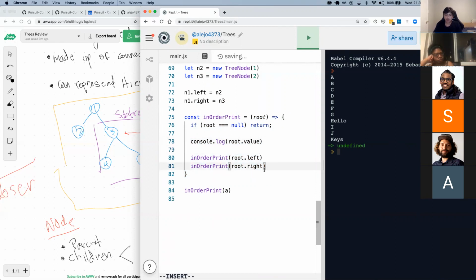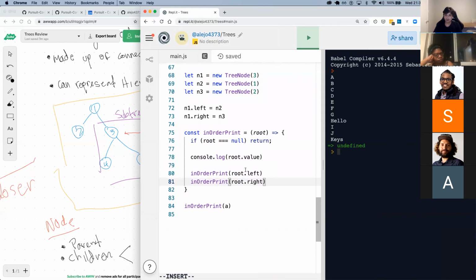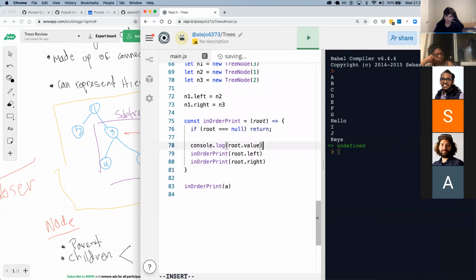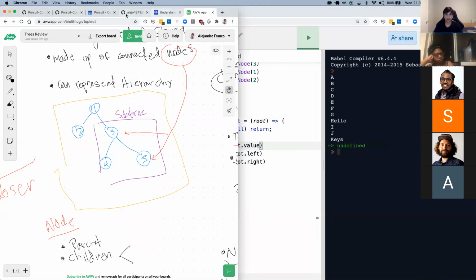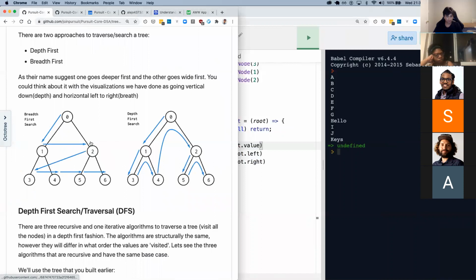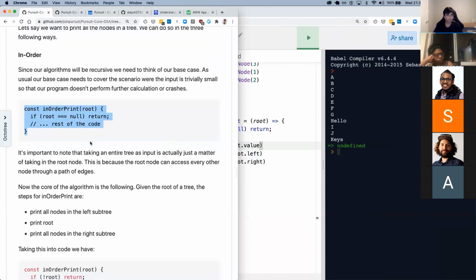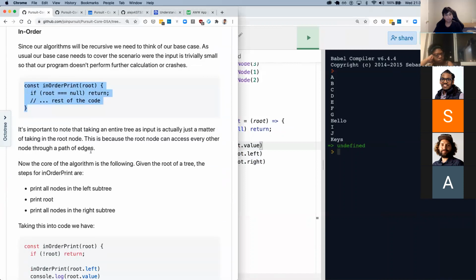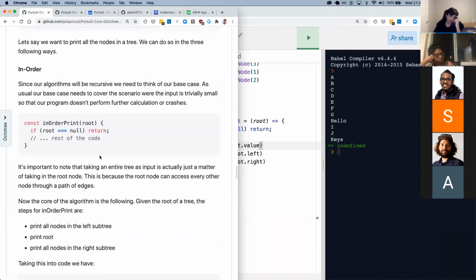Now let's talk about why it is in order. What in order means is that, here, I think there is a good description that we have here. Yeah, in order means, is this in order?